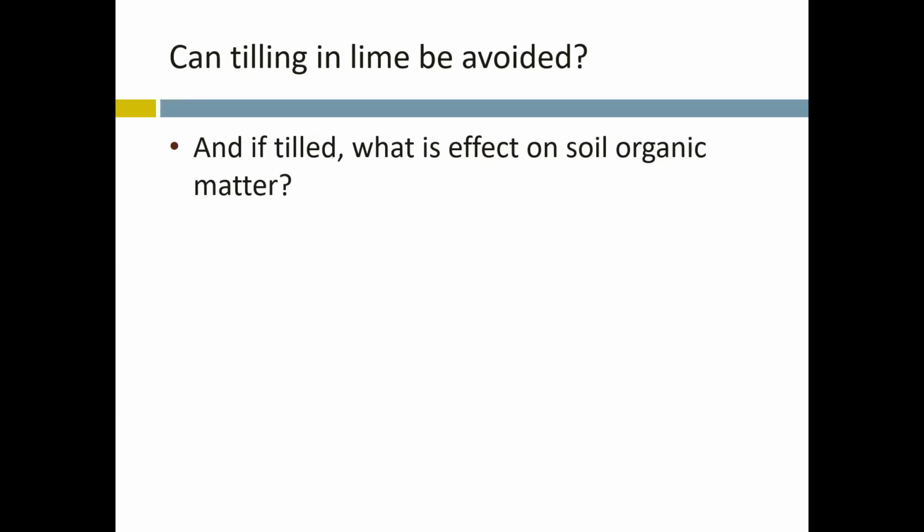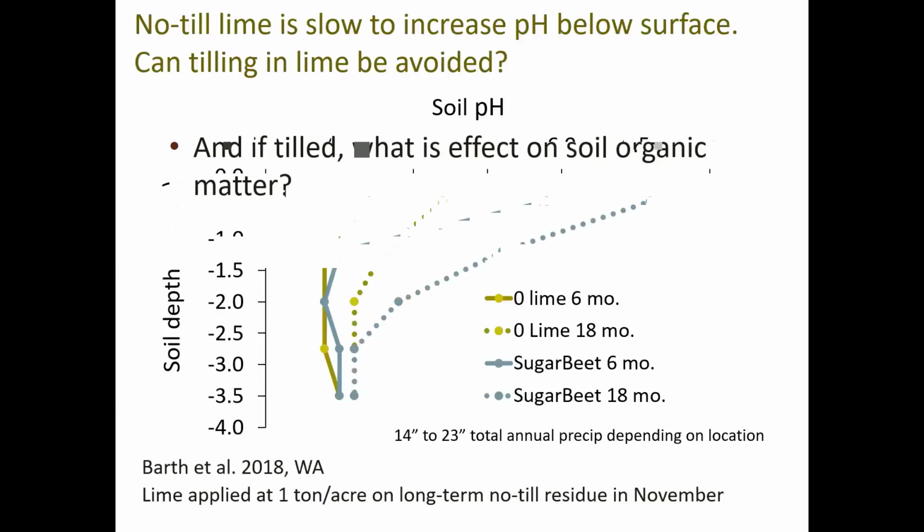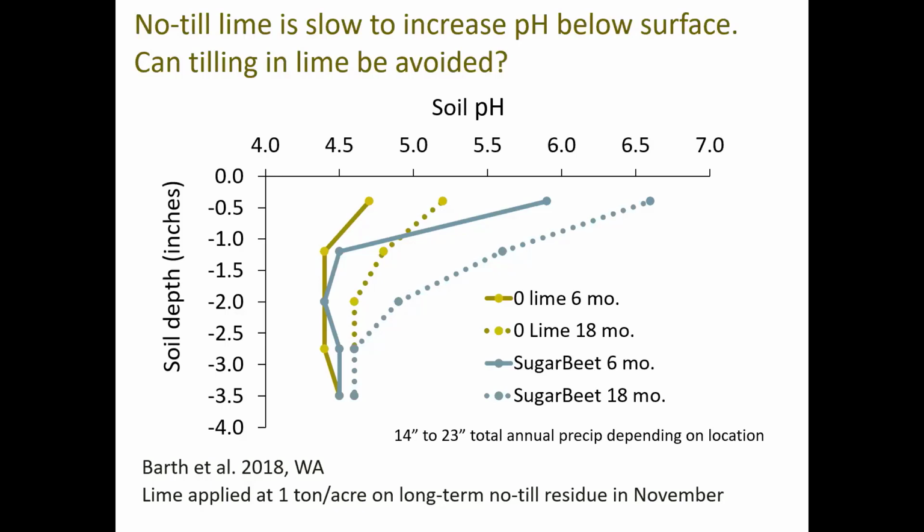Right. So those are great questions, and ones that we as researchers and also crop advisors and producers are really wrestling with. For the most part, we know all the advantages of no-till, from residue, from increased water holding capacity, generally increased yields, better aggregation. And so our wish would be that we wouldn't have to lime, but unfortunately, at least based on the literature in Washington and research that we've seen in Montana, it looks like for a relatively fast response, we probably